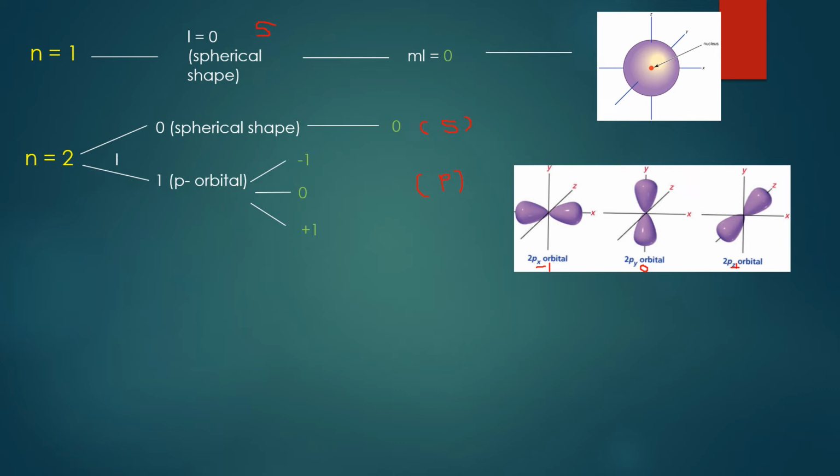So how many orbitals are there in the first shell now? In the first shell, there is only one orbital, which is the s orbital. We will say 1s. 1 means first shell. S means L is equal to 0. Then how many orbitals in the second shell? We have one s orbital here, and we have 3 p orbitals. So altogether there are 4 orbitals in the second shell. The s orbital belonging to the second shell, we will write 2s. The p orbital belonging to the second shell, we write down 2p.